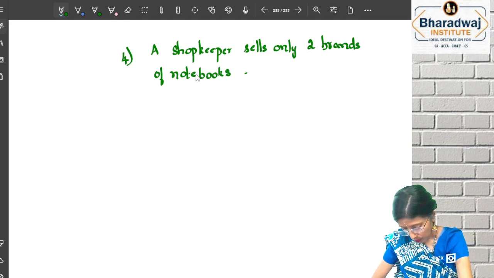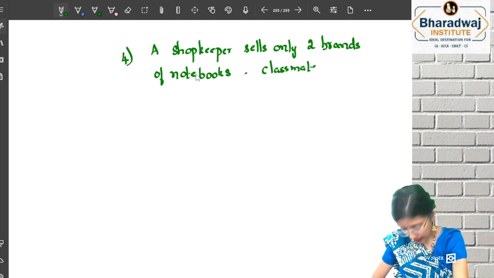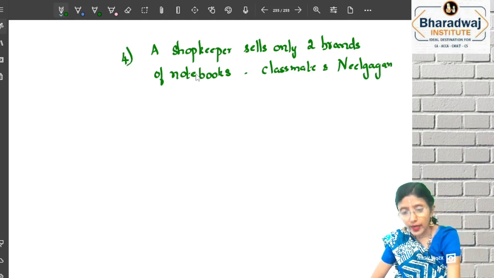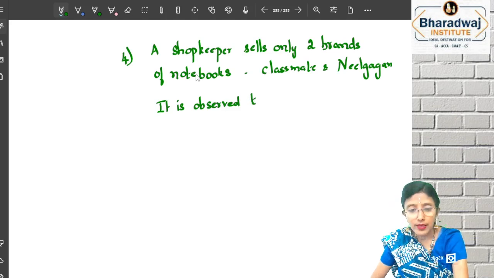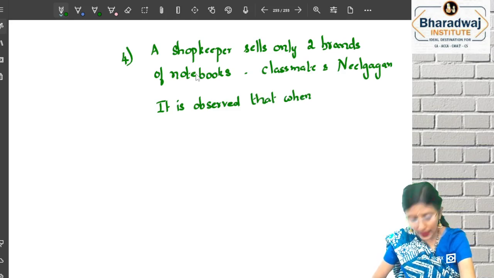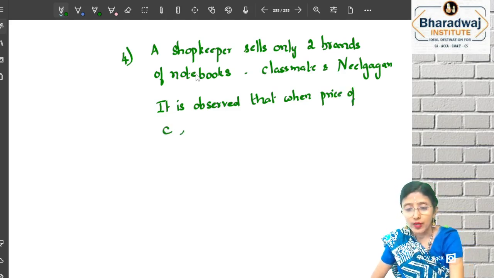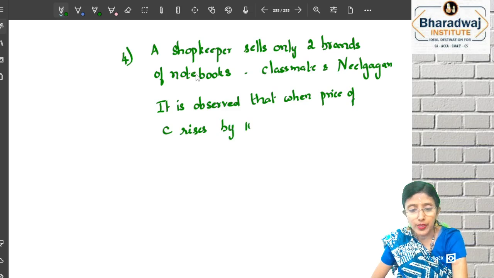That is, one is Classmate and the other is Neelgagan, 2 types. It is observed that when the price of C rises, C means what? Classmate, isn't it? Rises by 10%,